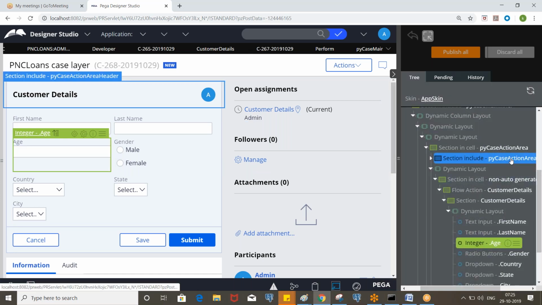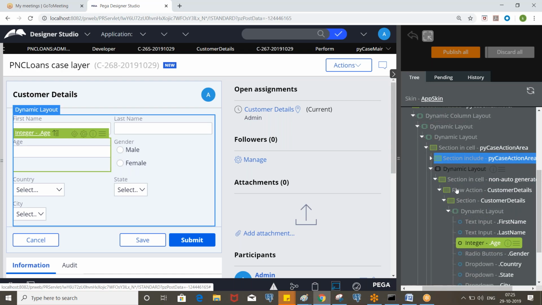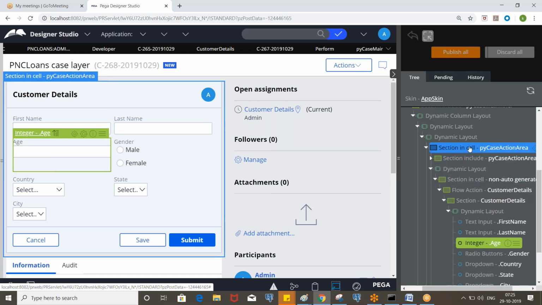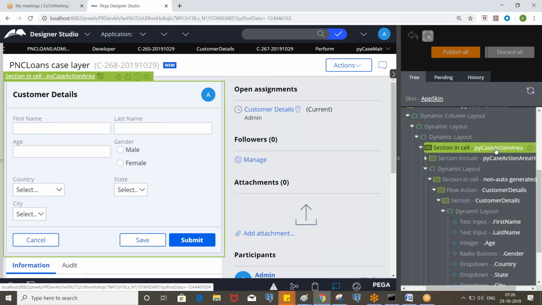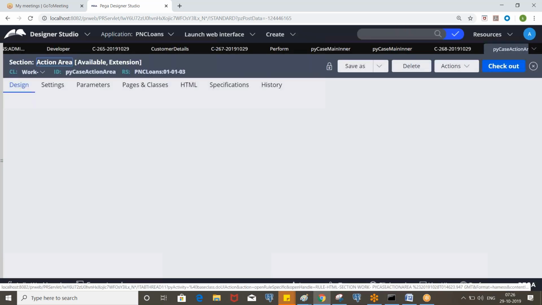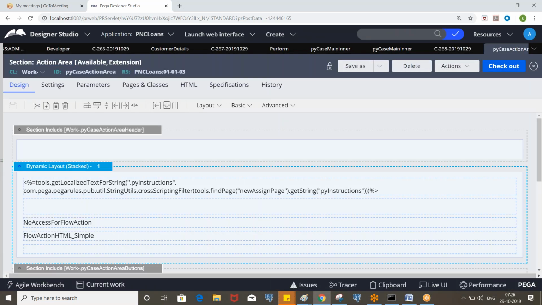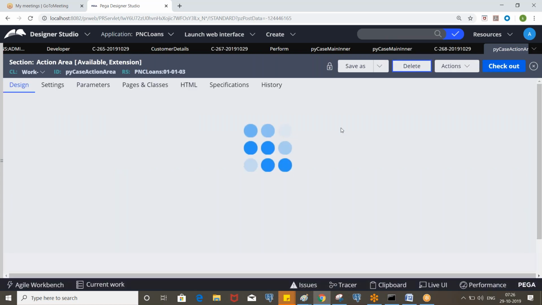So here we have a py case action area, you know. Inside that we see our section, right? So that means py case action area is the one which loads the flow action. I think yesterday we had saved it as, let me remove it.